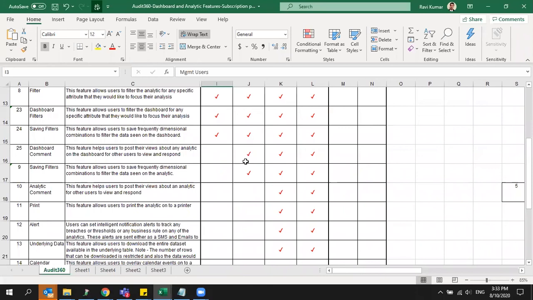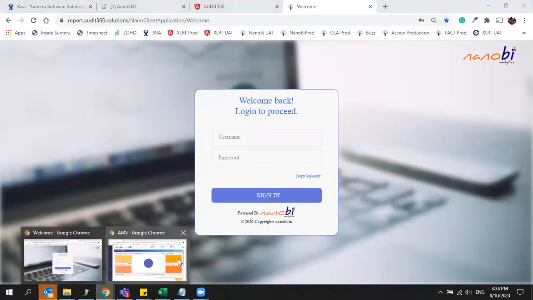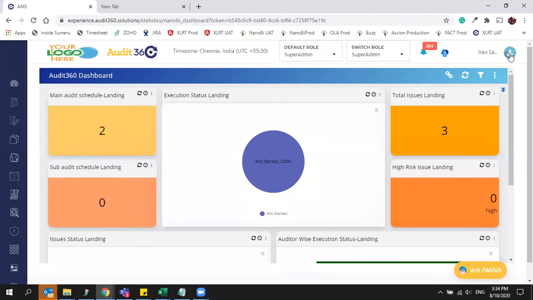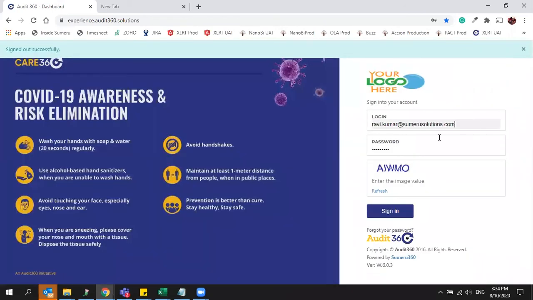I'll show one for Premium Plus users only. I'll just log in as a Premium Plus user. Now I have demonstrated as a management user. I'll just show what Premium Plus users will get.